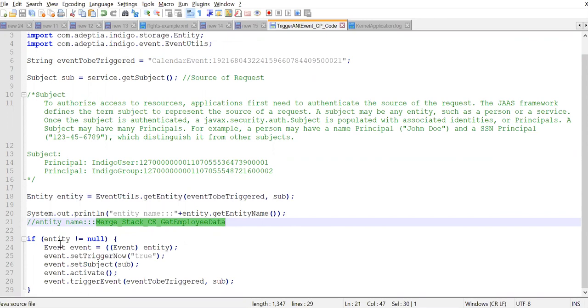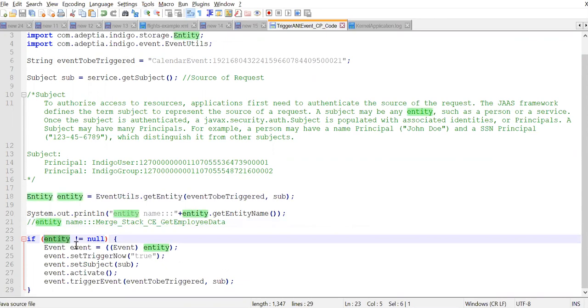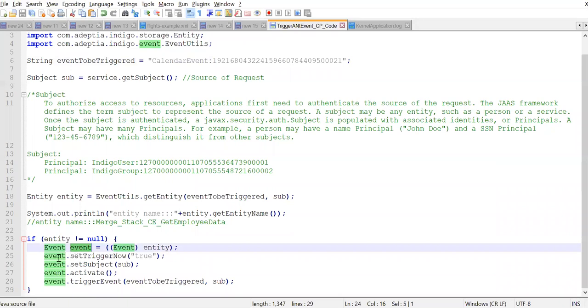If that entity exists, you'll get a not null object, and from that you can get the event object. One thing to note: you can perform these operations only on a trigger which is disabled. You can't perform this operation on an event which is active.